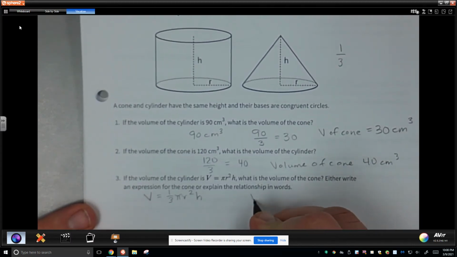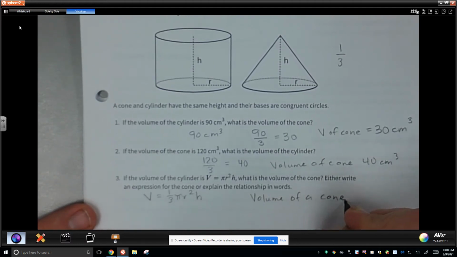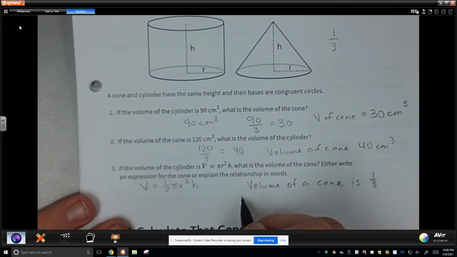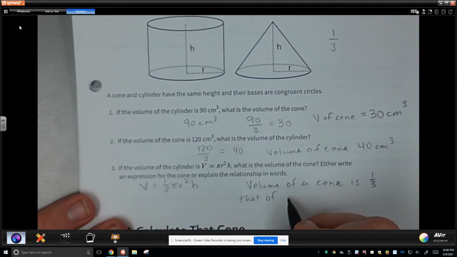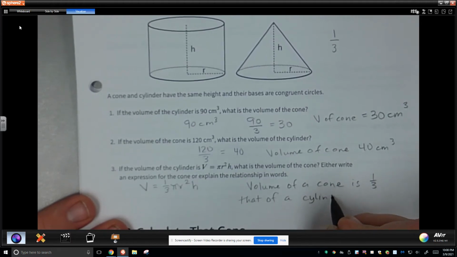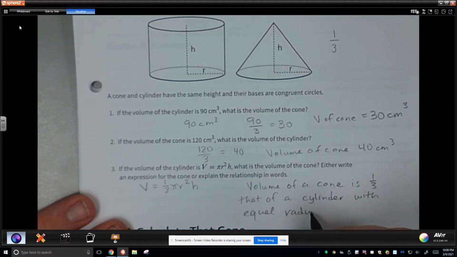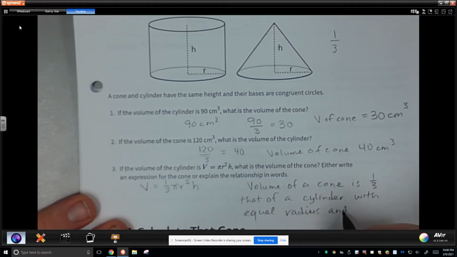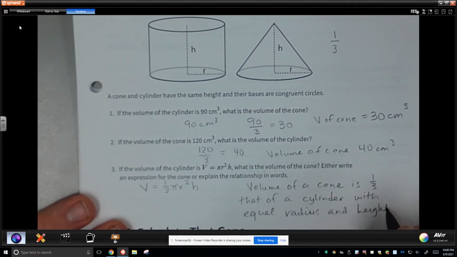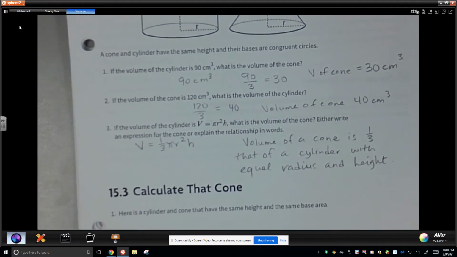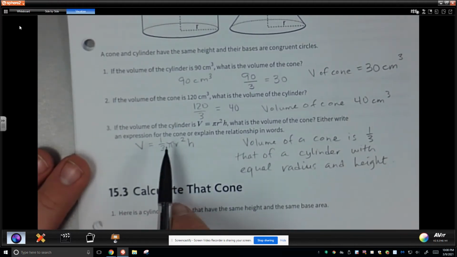You could say volume of a cone is 1/3 that of a cylinder with equal radius and height. There you go. So now that we know that formal definition, we are going to use this formula, and we're